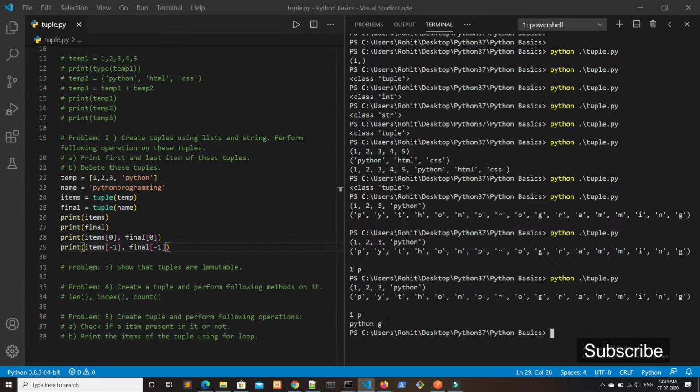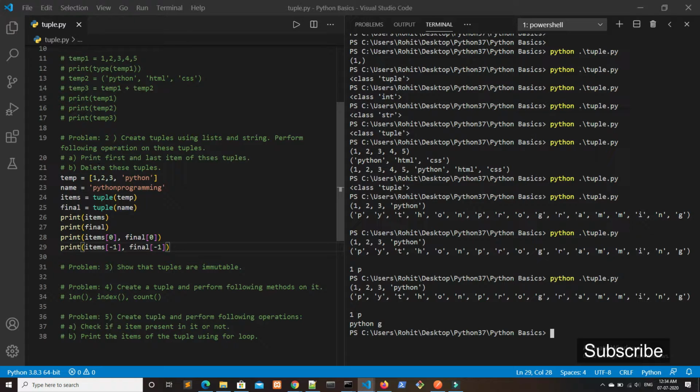As we can see, we have got Python, which is the last value of the tuple items, and G is the last value of the tuple final. Okay, so this solves the first part.